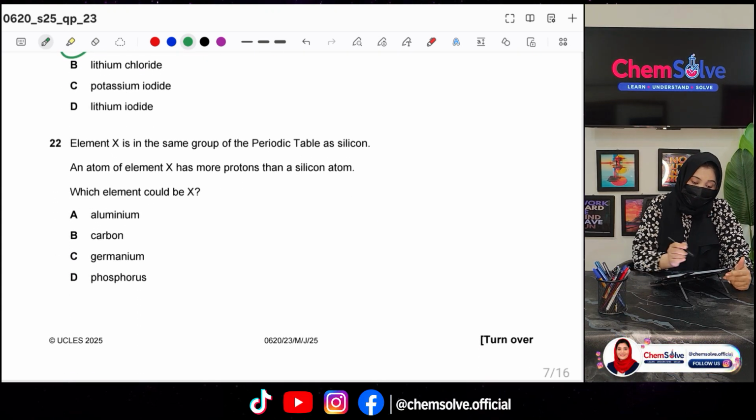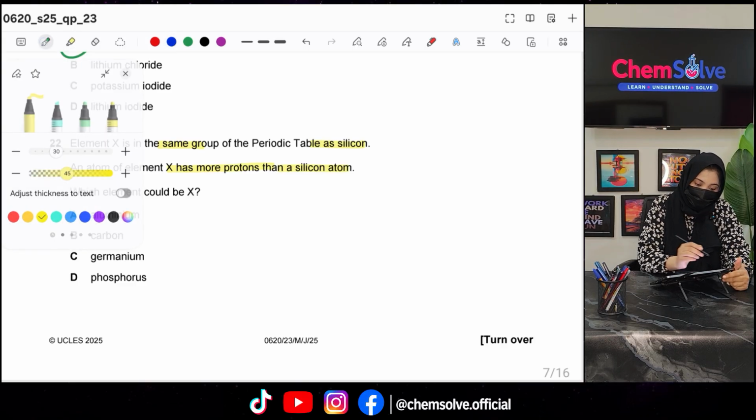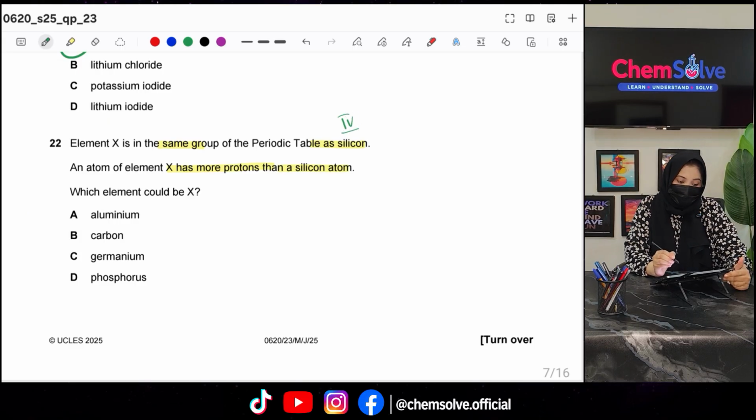Question number 22. Element X is in the same group of the periodic table as silicon. An atom of the element X has more protons than the silicon atom. What could be the element X? So, silicon belongs to group 4 of the periodic table. Okay, so